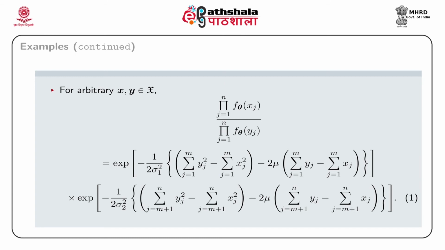This is equal to e to the power minus 1 by 2 sigma1 square into summation over i from 1 to m yi square minus summation over i from 1 to m xi square minus 2 mu into summation over i from 1 to m yi minus summation over i from 1 to m xi, into e to the power minus 1 by 2 sigma2 square into summation over i from m plus 1 to n yi square minus summation over i from m plus 1 to n xi square minus 2 mu into summation over i from m plus 1 to n yi minus summation over i from m plus 1 to n xi,